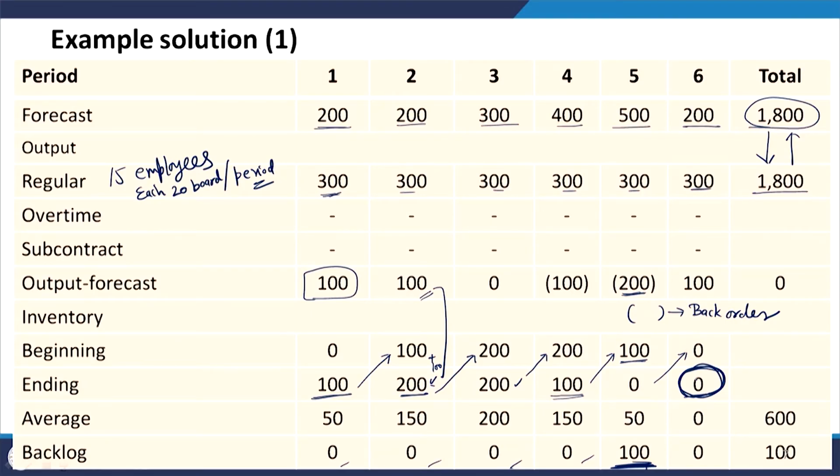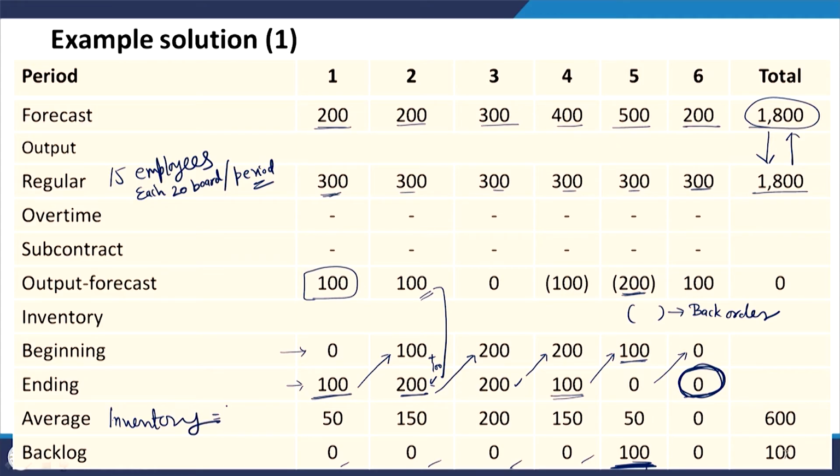Some units, maybe 5, 10, 20 units may remain because of some rounding issues, some computational issues, that may be possible, but it should not be a significant number of units in the 6th period's ending inventory. And then all this backlog is also fulfilled. So, this backlog is also 0. Now, another important calculation which we have done for all these 6 periods, is that this is the beginning inventory, this is the ending inventory. So, the average of these two, beginning and ending inventory, is the average inventory.